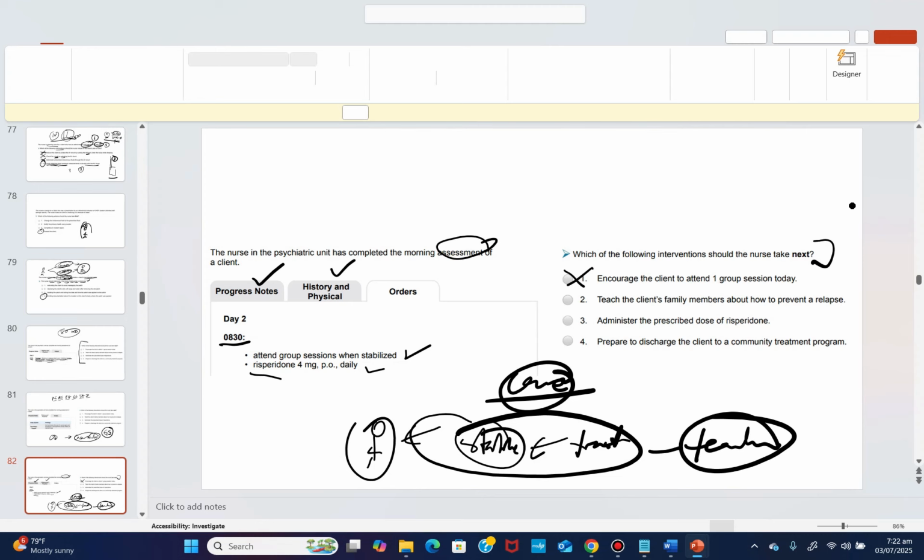When the patient is totally fine, that's when you teach. So before you select a teaching answer, ask yourself: is this patient stable? We are dealing with a patient that is not stable, and the next action you are thinking to take is to teach the patient. Have you cared for your patient? Have you given the necessary care you need to give? And you are saying you want to teach?